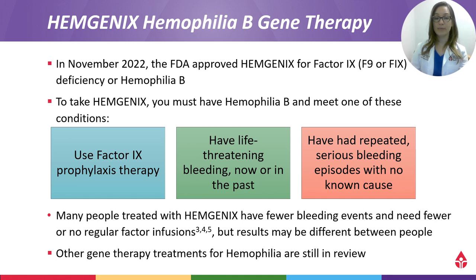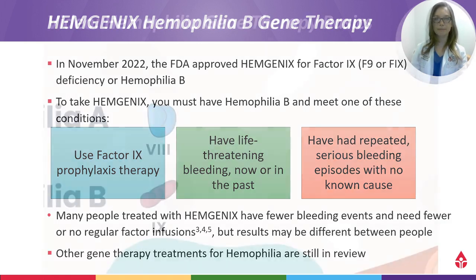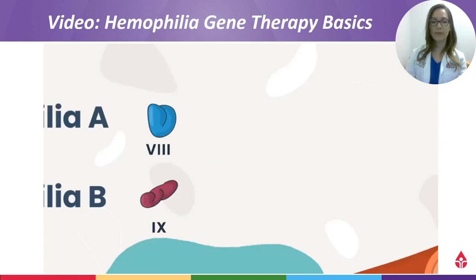Many people that have been treated with HEMGENIX in clinical trials have fewer bleeding events and are off of their regular factor infusions, but of course the results may be different between patients. There are other gene therapy treatments for hemophilia, but they are still in review at this time. I'm going to show you a brief video that will give you a quick overview to how gene therapy works